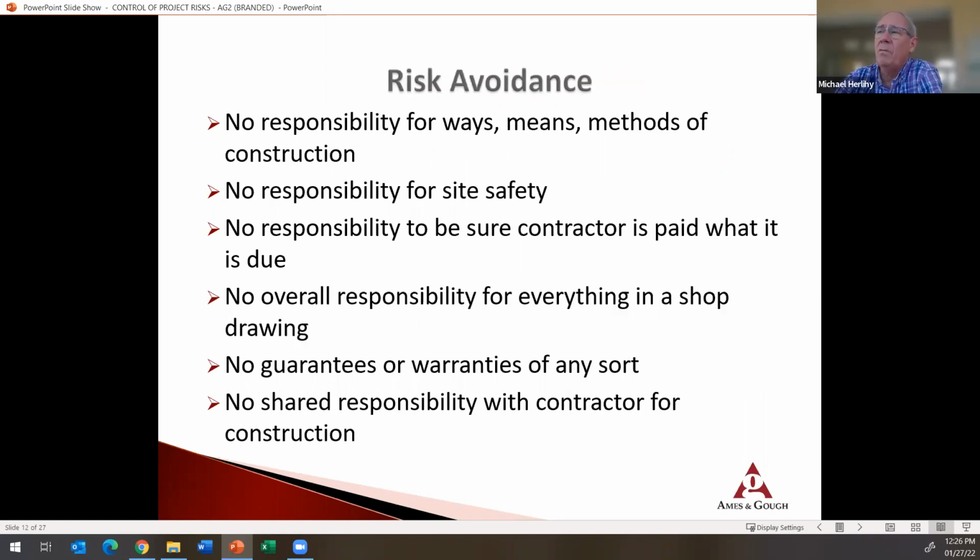So with risk avoidance, we always want to make sure contracts are pretty clear in this regard. I've just completed a safety session with a couple of engineering firms, where we talked about situations where the firm was acting in a construction management capacity, and the owner was asking that they verify the contractor had a safety program in place. We needed to be sure the contract was clear that even though I was verifying they had a plan in place and were following it, I didn't have responsibility for the means and methods,